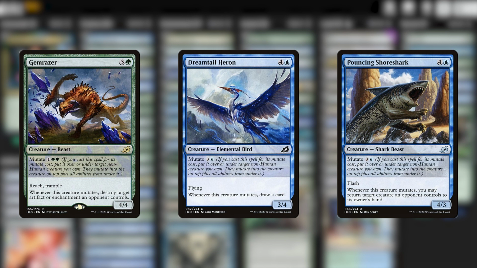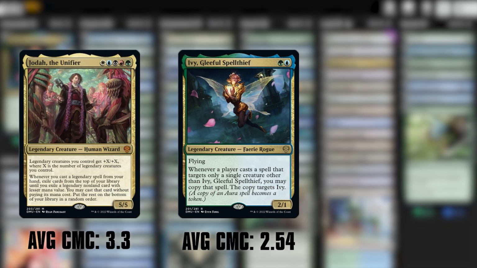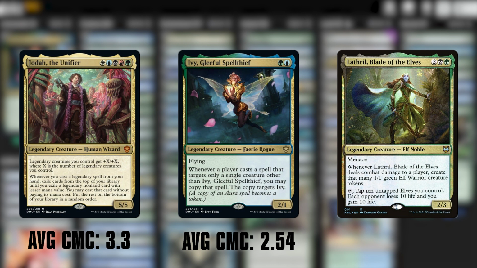Just to be sure that I've justified this point, I'll note that this deck's average mana curve is 2.54. As a point of comparison, in the last video I did, Joda's average mana curve was 3.3. Going one more step, I did a Lathril video a long while back, and elves are notorious for only running like 33 lands in their decks, and that deck's average mana curve was 2.96. Ivy's got a really low curve here, and we do not want this deck to flood out with too many